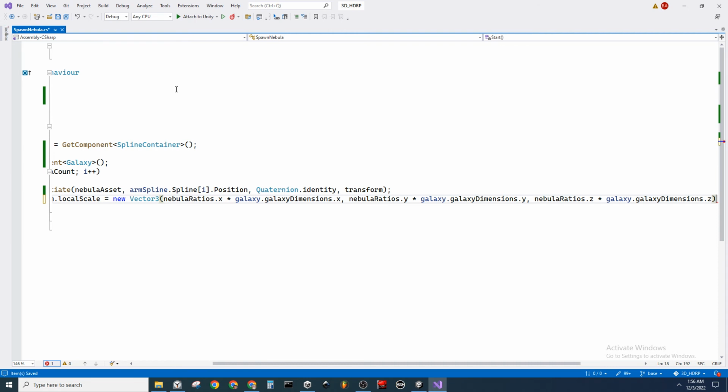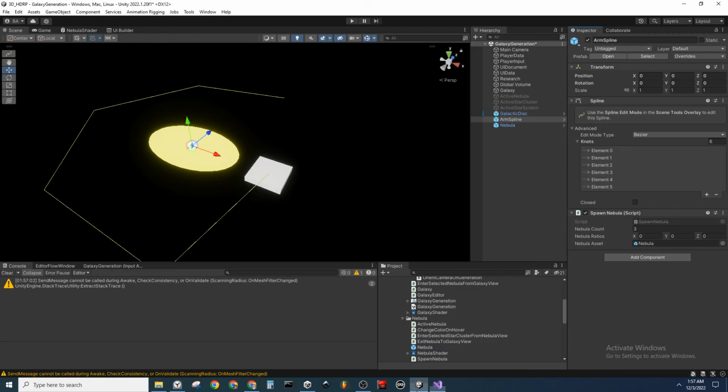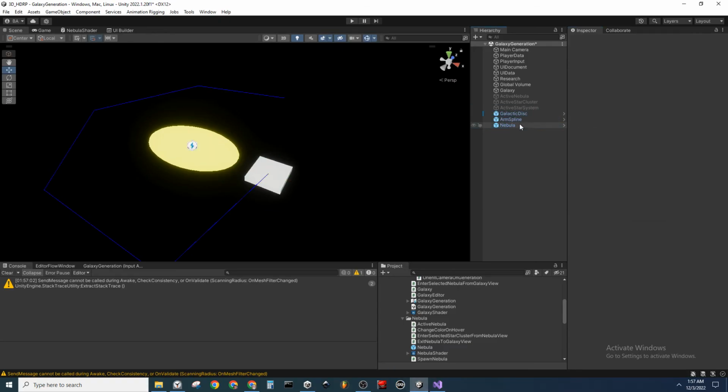And we can now just manually set, and this is on a spawn nebula though, which is on a prefab. It might be able to change later. For now though, I think if I drop these three,